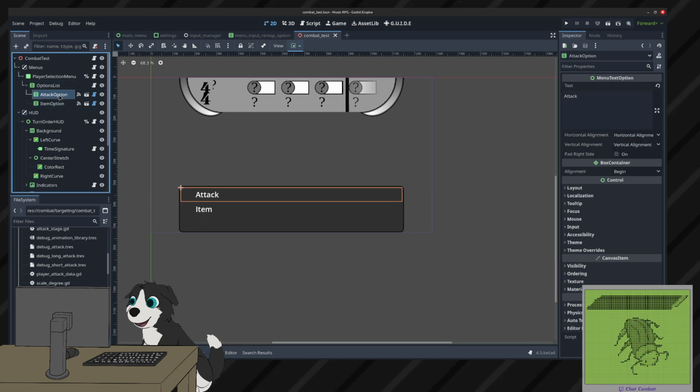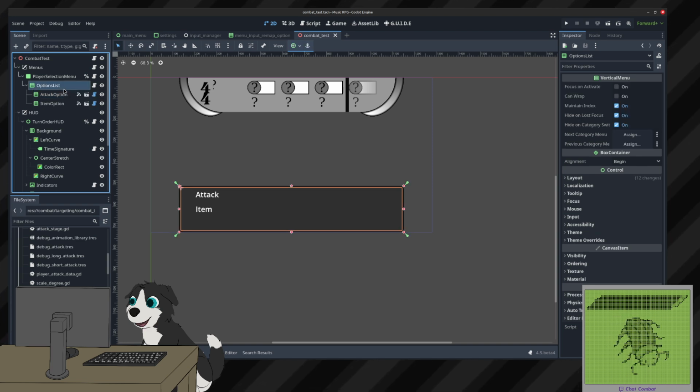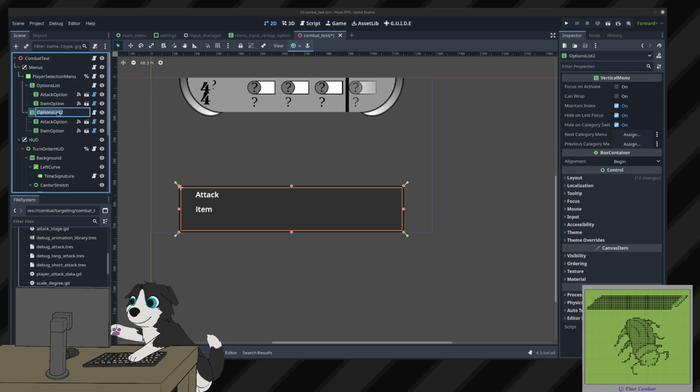How do I do this? How do I pick between attacks versus items? I could have a base list and then a like real list, I guess, which is like kind of gross, but